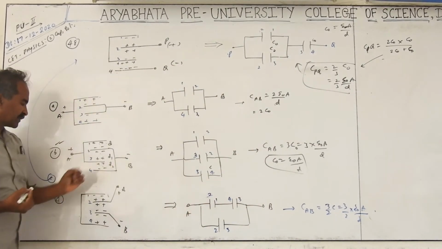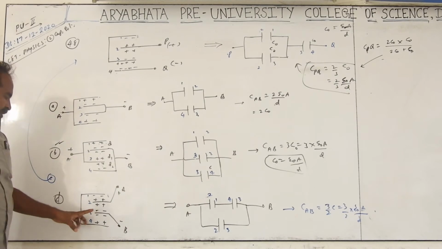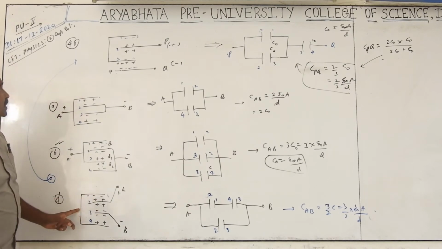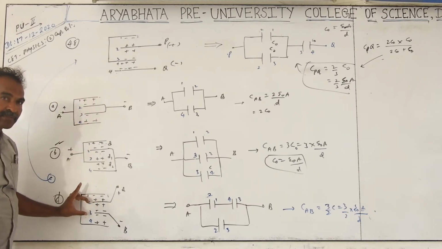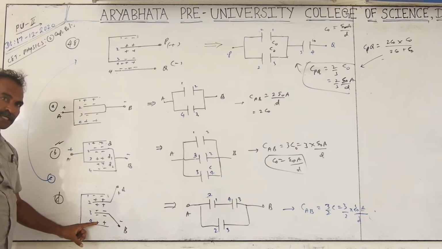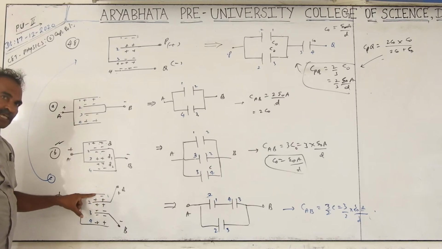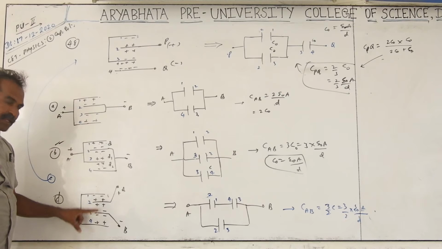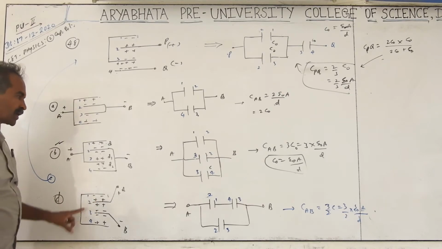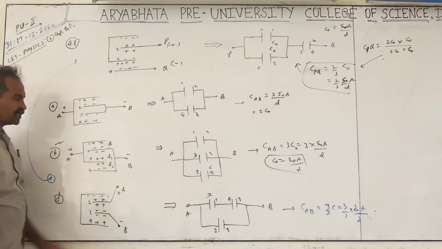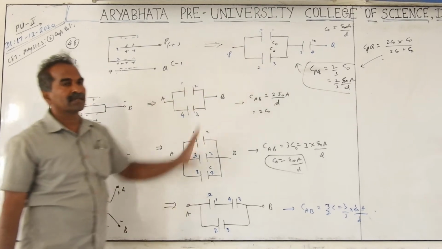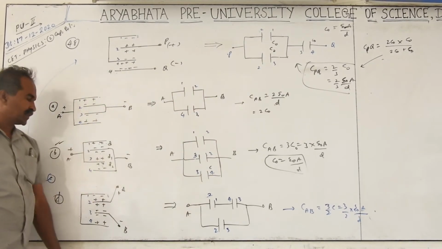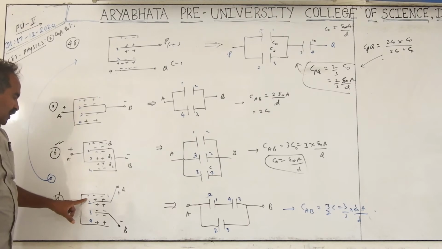Next, this one we have already discussed, this part. Here again there is an isolated plate. It's not the same as this, because the battery plates are connected inside and the isolated plate is connected from outside. So between these two plates you get the charges induced. Here also charges are induced, since unlike charge plates are there. This combination acts like 2 parallel, 1 series. Between 1 and 2,